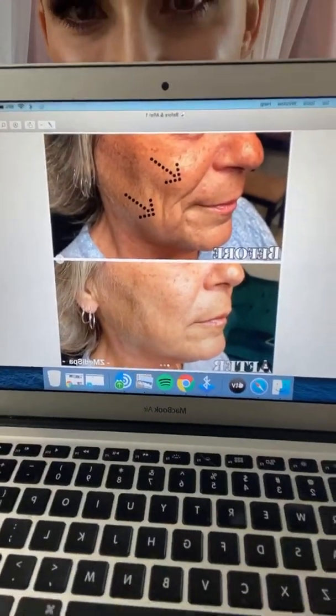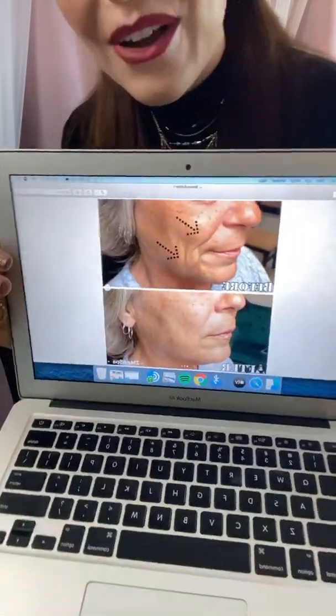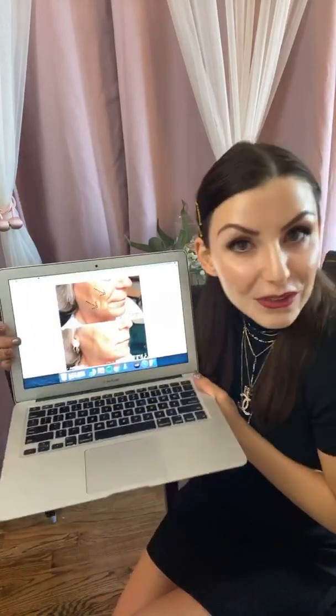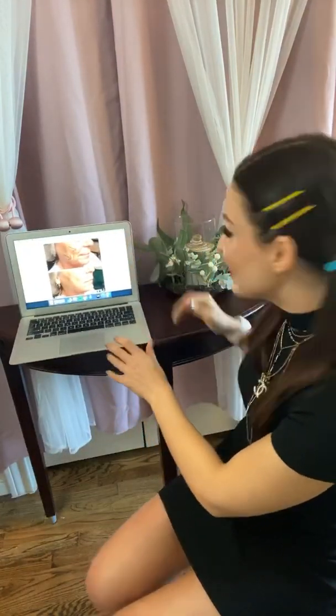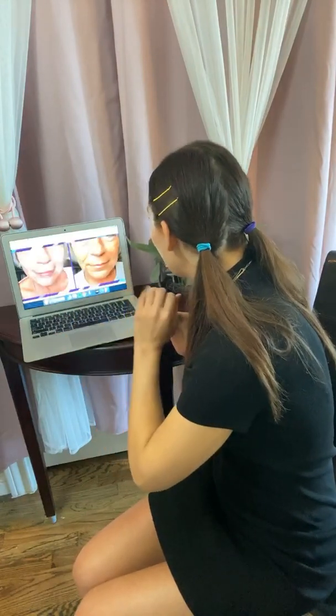So hopefully you guys can really see that really pretty before and after. And then roughly this ended up costing about $900 during the visit because we did end up doing two. So that's $450 for the set. Y'all can only see one side, but technically, I did do the other side. What's great too, this patient did come back in 2 weeks and we did end up doing her other concern,